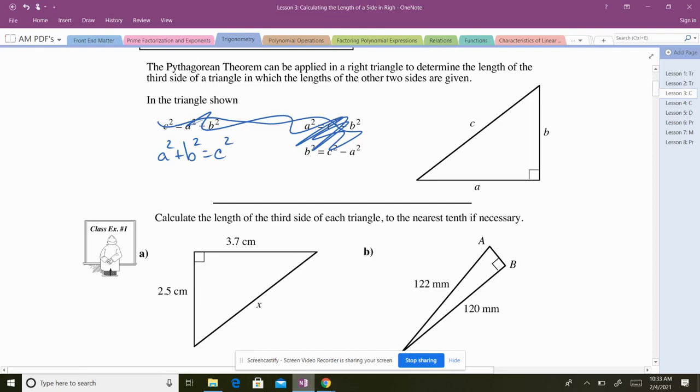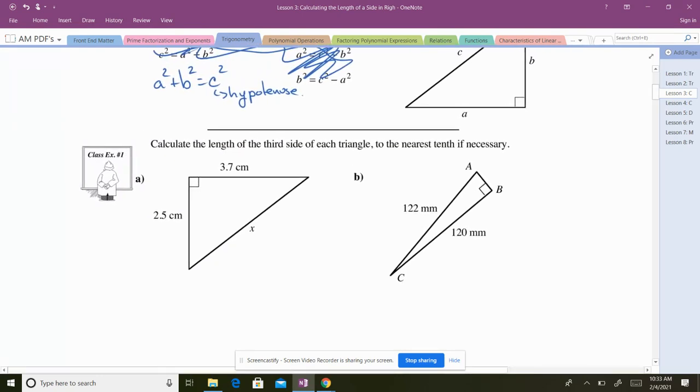What is C in the triangle? C has to be the hypotenuse. A and B, it doesn't matter. Okay, but C has to be the hypotenuse. So if we are on this triangle right here, A,